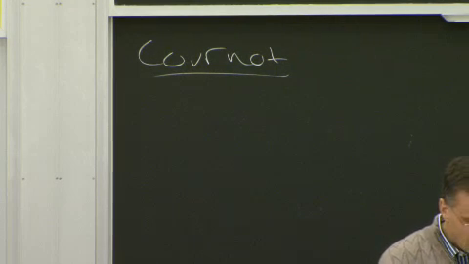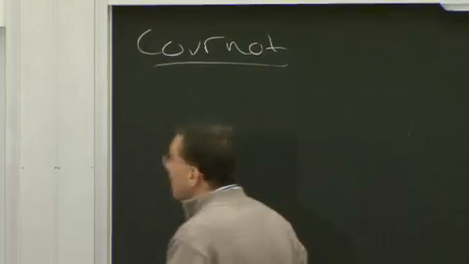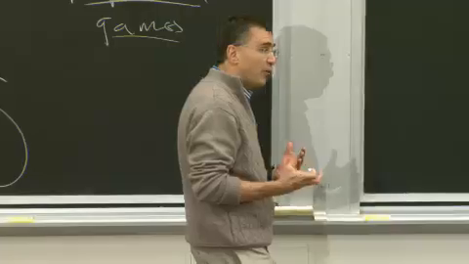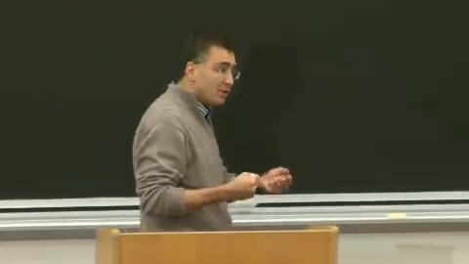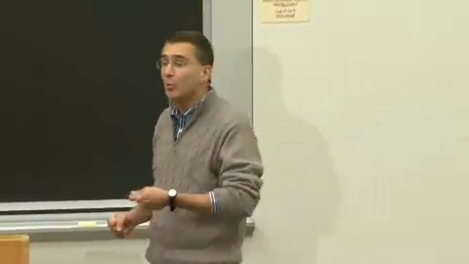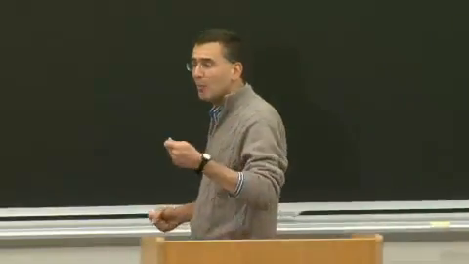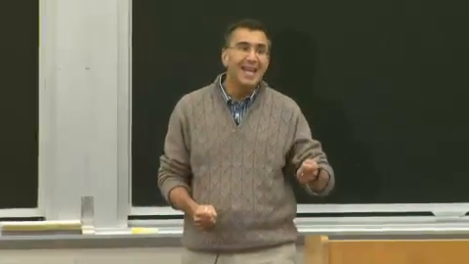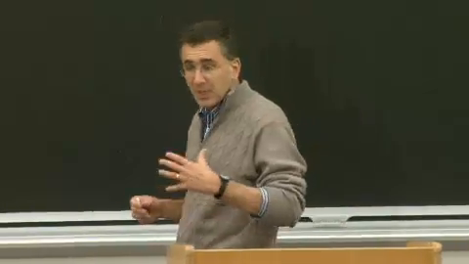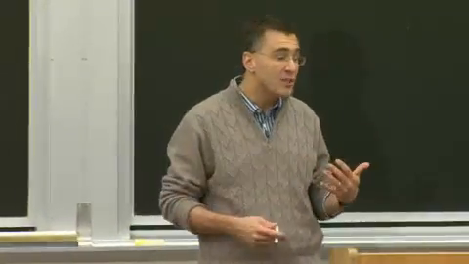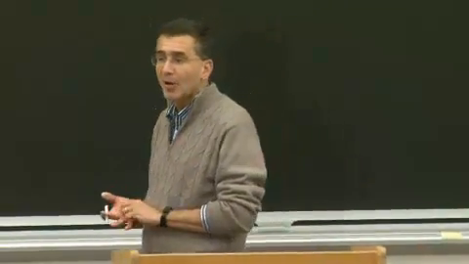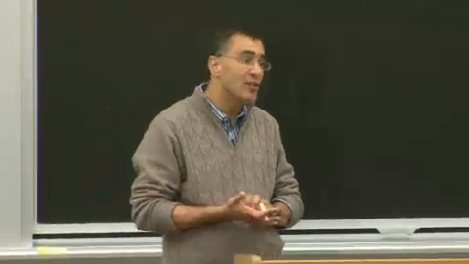Okay? The way we're going to do this here is we're going to return to the example we had with the prisoner's dilemma. But instead of just facing 2 choices, talk or not talk, we're talking about firms facing a whole continuum of choices. Firms choosing how much they produce in a non-cooperative equilibria situation. So for example, let's take the example used in the book. Let's imagine there's 2 airlines that fly between New York and Chicago, American and United. And let's imagine for simplicity those are the only 2 airlines.